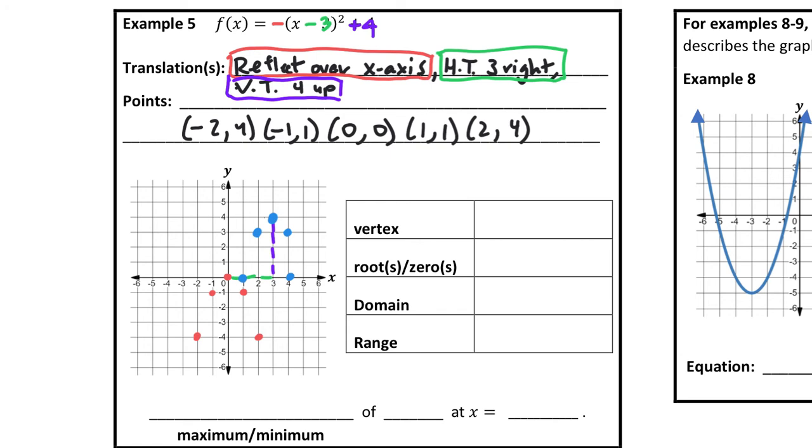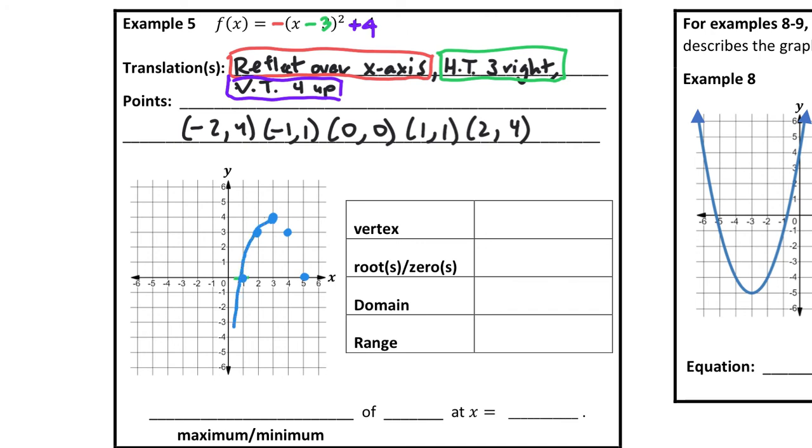Oh, and then, sorry, over here. It'll be over here. So let me just double check. We're going to go 1, 1, and then 2, 4, 1, 1, and 2, 4. And let me go ahead and delete these red points and these purple points. There we go. And then we're going to connect